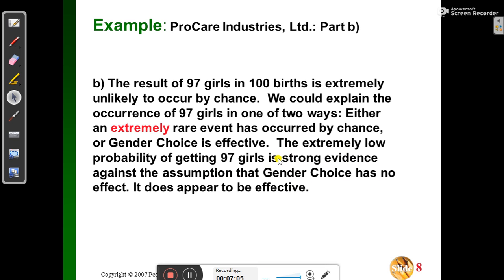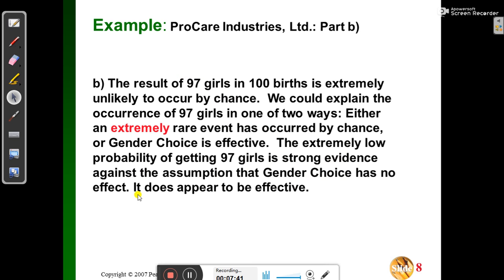So here also, having this statement, the extremely low probability of getting 97 girls is strong evidence against the assumption that gender choice has no effect, because obviously we can assume that 100 couples might not have chosen that 97 couples might not have chosen that, having girls, which is an extremely rare event. So we can directly say that this creates evidence against the assumption